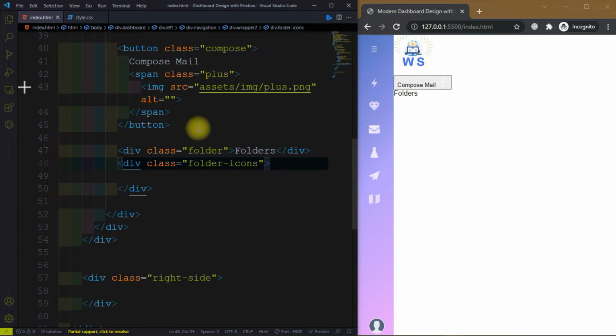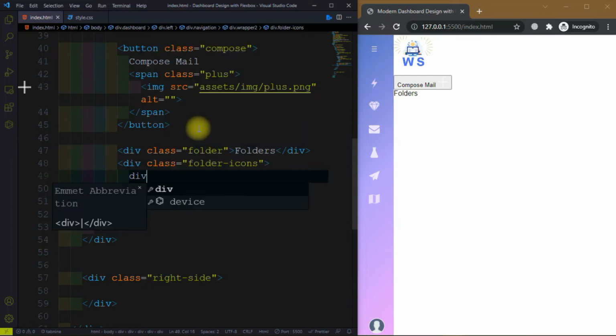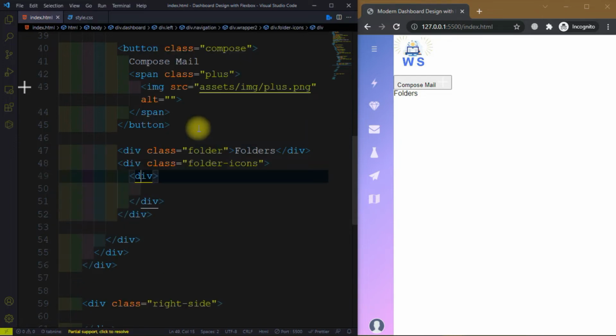So we have the icon, then we have the button for. So let's create the div inside the folder icon and give it a class equal to